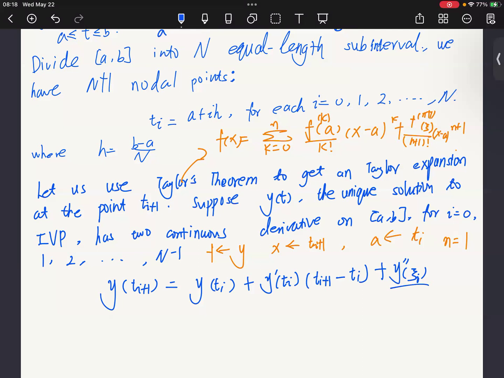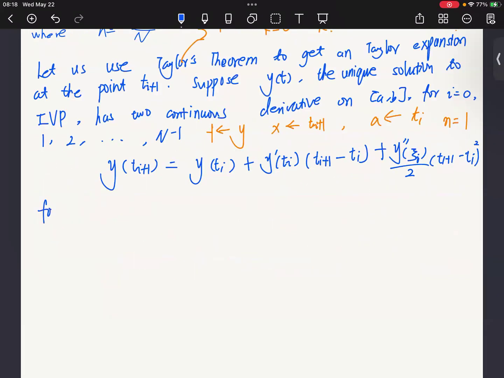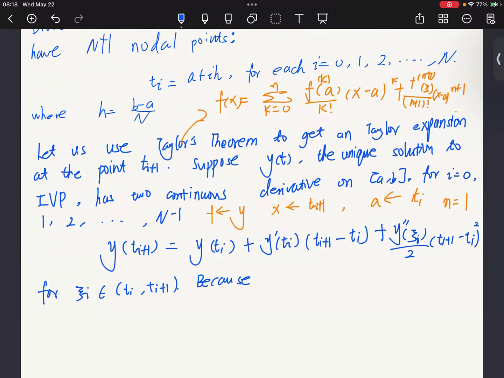And we have 2 here, and then t_{i+1} minus t_i, and then doing the square. And this is the Taylor expansion. And now for this, c_i is something in between t_i and t_{i+1}. And because we have already said our step size h is just b minus a divided by n, we can also have the h step size is just the